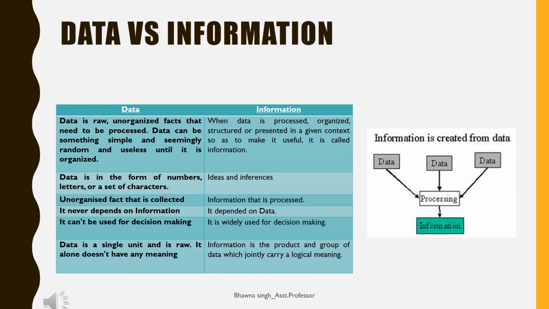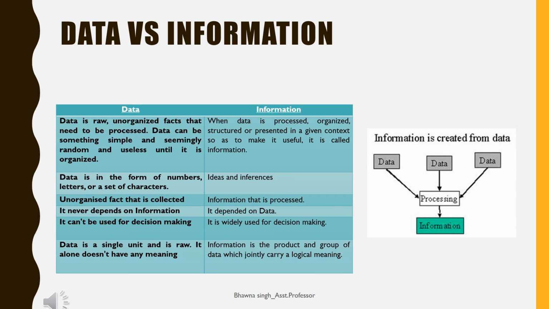Students, many of us think that data and information both are similar things, but it is not like that. We have to understand the difference between data and information. As you can see in the diagram, we are processing the data to get the useful result, and that useful result is known as the information. Suppose we require the sum of two numbers, that is 5 and 3. So 5 and 3 are the inputs that we are giving to the machine, and that machine processes those numbers, and it provides the sum as 8. So the output that we get after processing of that raw facts is known as the information.